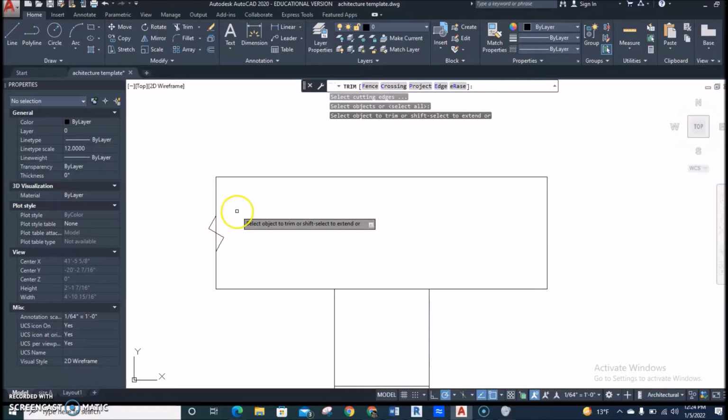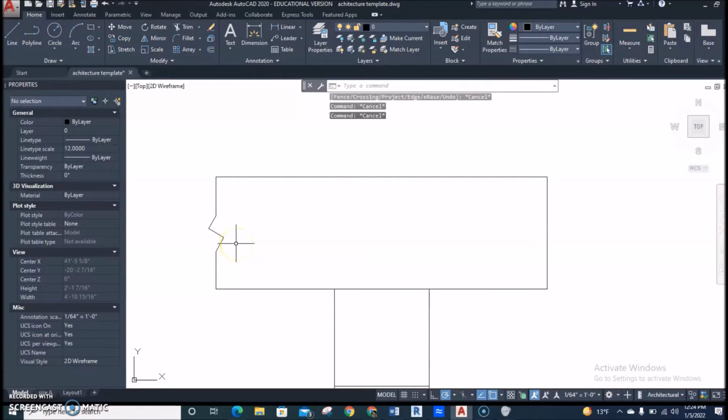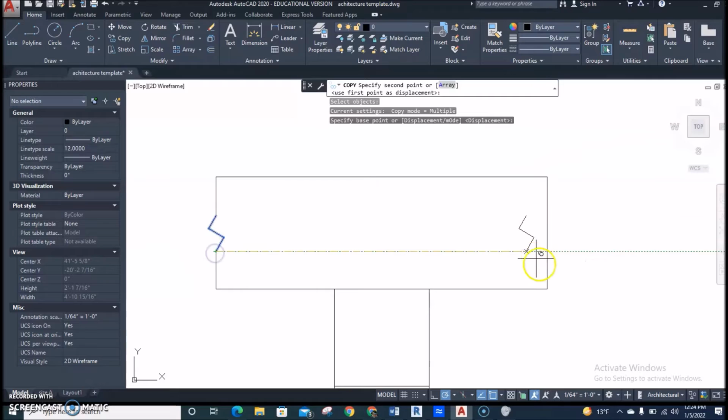And then trim. And in fact, if I want to make my life a little bit easier on this one, I am going to do a copy, CO for copy. Take this dude here, bring him over to here,